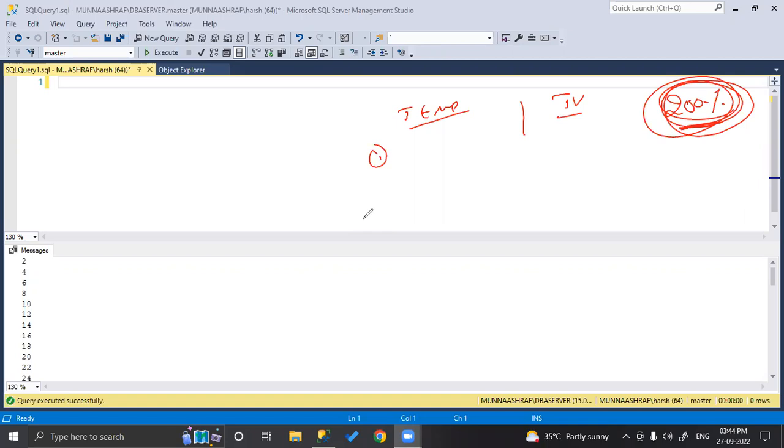So write the next point. Temporary table is faster than the table variable.